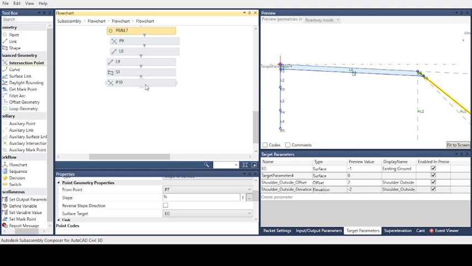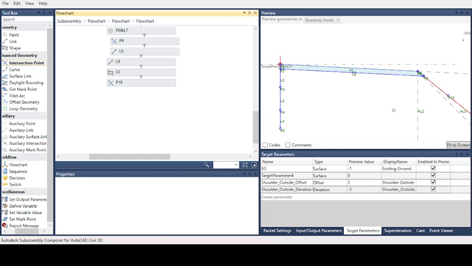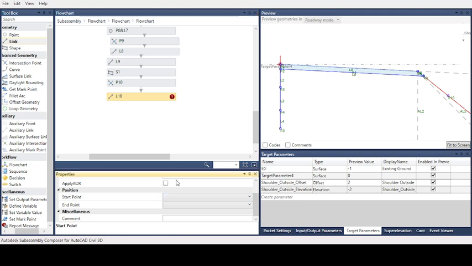Therefore, the link is link 7, and the point is point 3. And the slope is common, the shoulder slope. We will write down SS. Now point 10, an intersection point, is created, and we will create a link. This link connects point 3 and point 10.